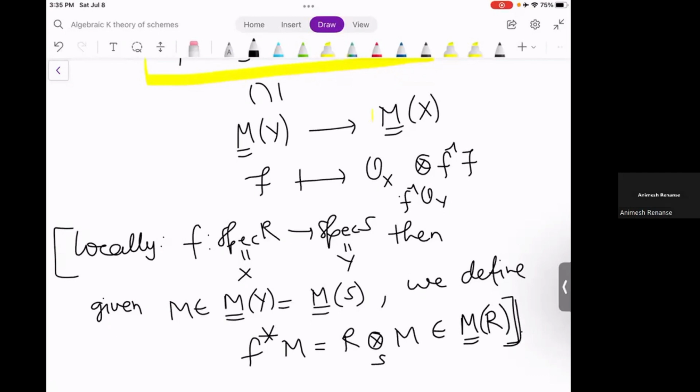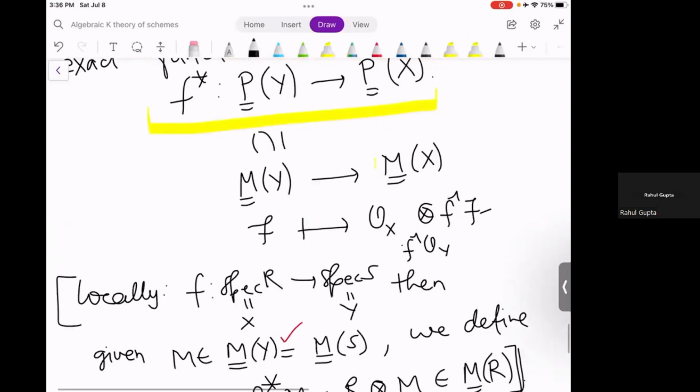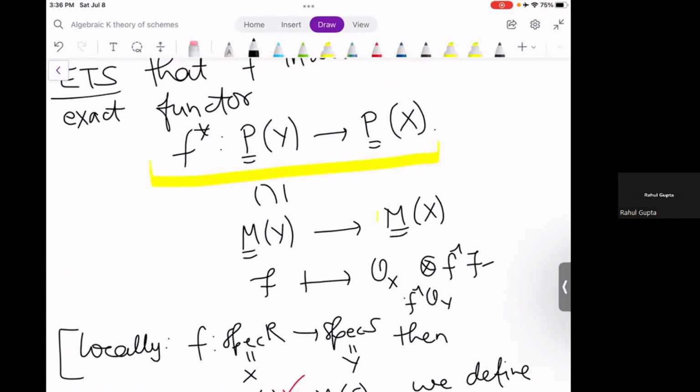Yes. So these are the kind of identification which I'm obviously using. This is the kind of identification which I'm obviously using. One person who has not seen algebraic geometry, or is starting algebraic geometry, should see these kinds of statements, this equality which I'm saying. Okay. So the point is now, if I take a projective module, a locally free O_X-module, if I